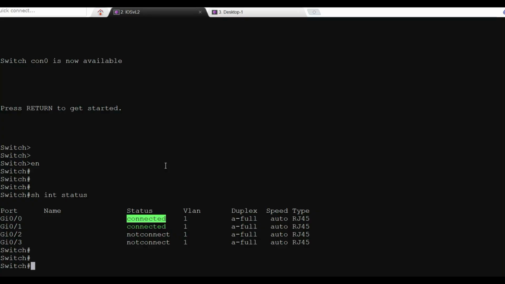as long as they are in the same segment, the same range of the IP addressing, they're able to connect to one another, because the switch out of the box has all of its interfaces already configured in VLAN 1, so they are on the same VLAN. That's why it's plug and play out of the box. You can use it immediately upon power on because they are on VLAN 1. However,